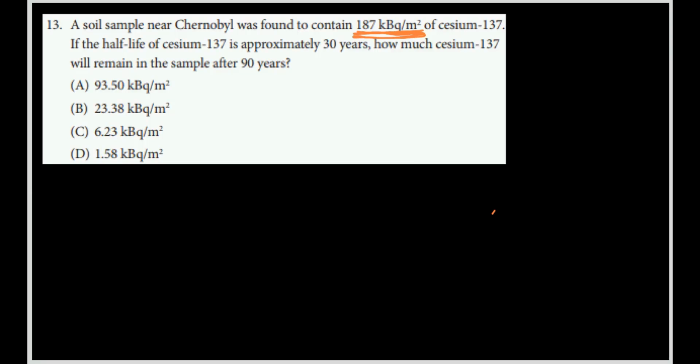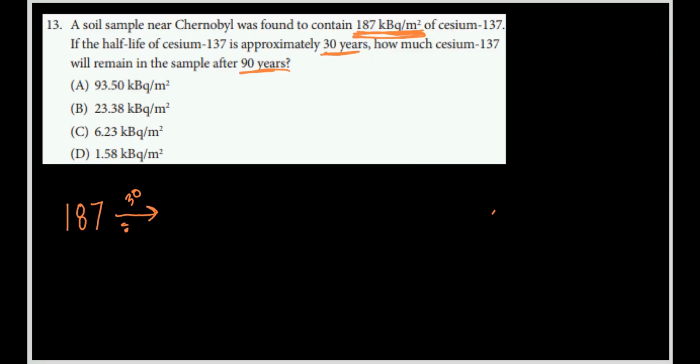If the half-life of cesium is approximately 30 years, how much cesium will remain in the sample after 90 years? So there's a couple ways to do this formula. There's a really difficult one that I see in all the physics textbooks, but I'll show you how I do it because it's super easy. I just do 187, and then I do an arrow, and that arrow represents 30 years. And I'm just going to divide